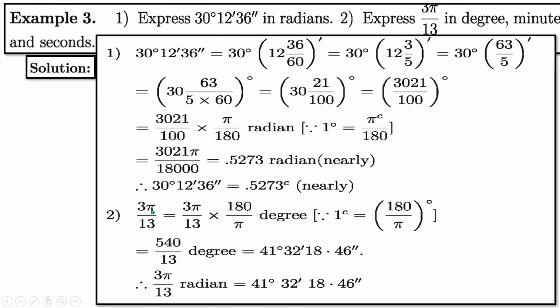Again, this is in radians and we convert it into degrees. To convert this into degrees, we have to multiply by 180 by pi, because 1 radian is equal to 180 by pi degrees. Here is the given relation. Now calculate. We get this, and here pi cancels. You can use a calculator or divide separately, and we'll get the result, no problem.